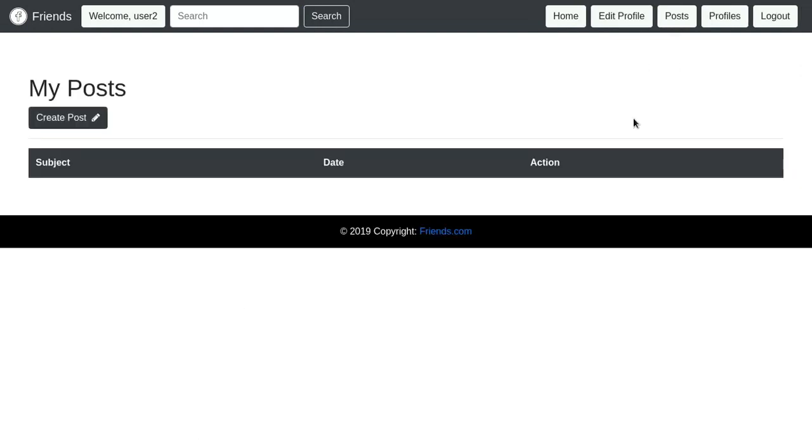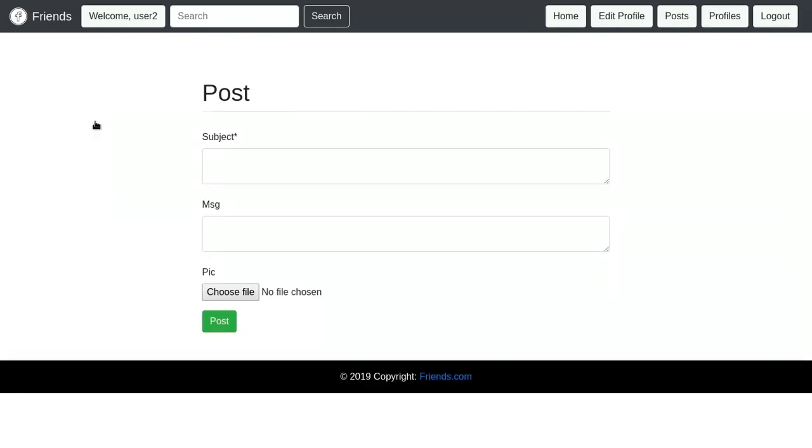Here the user can see all the posts he has made, and from here the user can create a post. So let's create a post. So here is the form, let's fill it. So we need to give the subject, message as well.